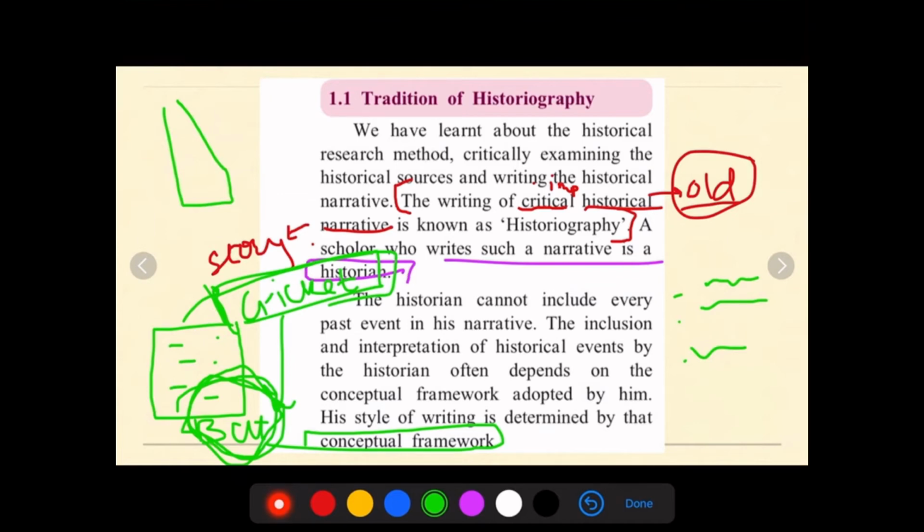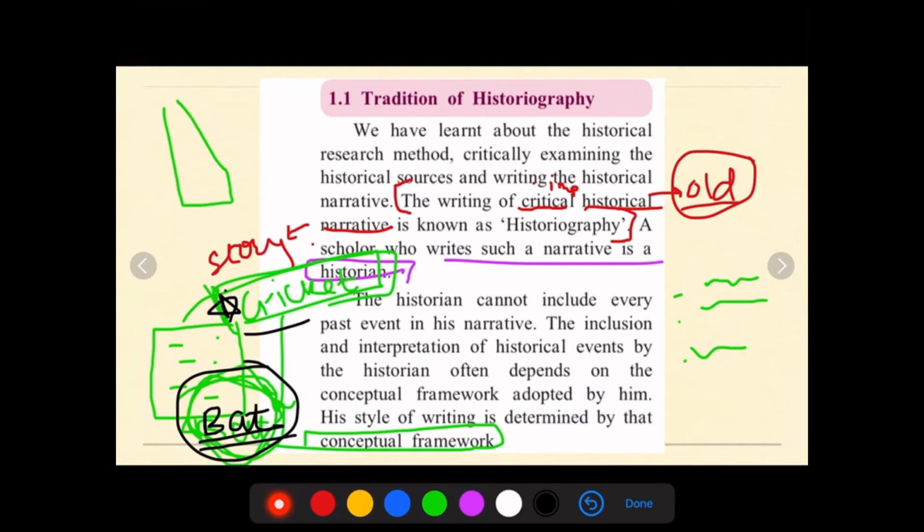I will just include in my narrative that of the bat. I'll only see to it that the bat is included in my narrative. I will not include anything which is not related to the bat. It is of cricket but not related to the bat, so that should not be included. Only the bat should be included.